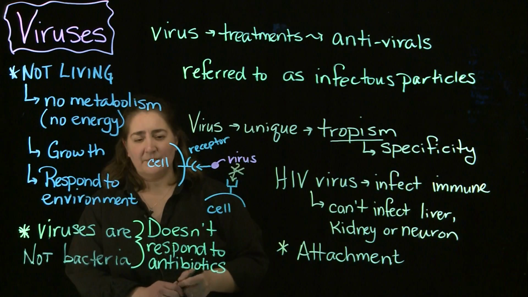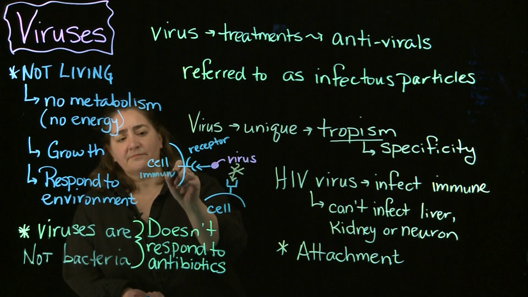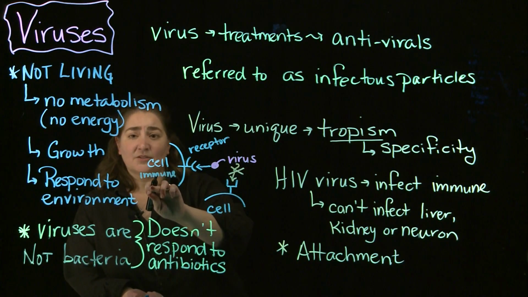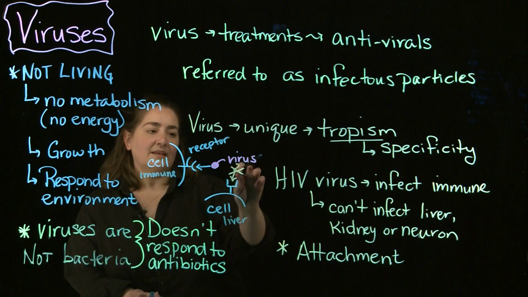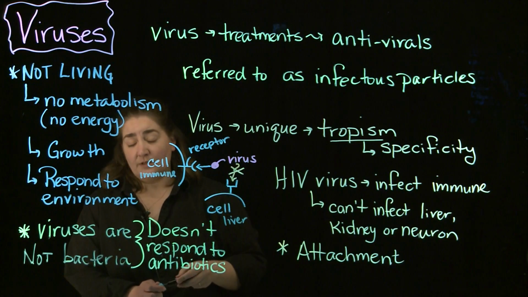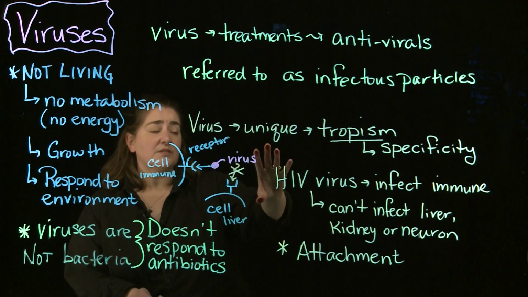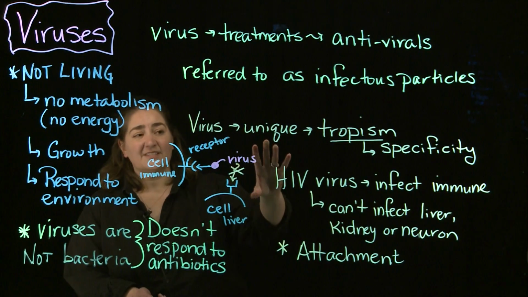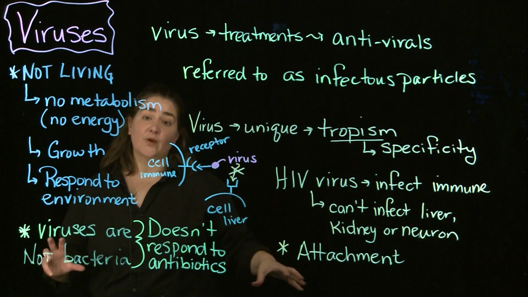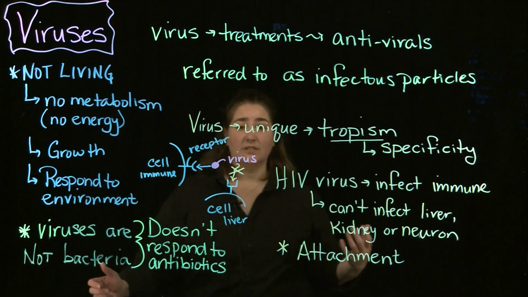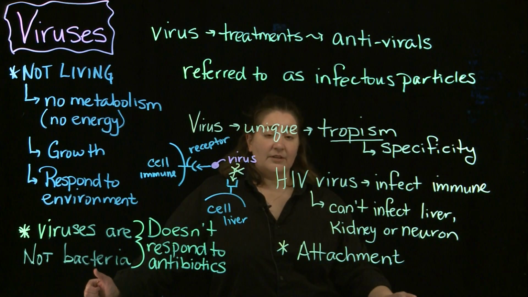That's what is happening essentially with HIV. If this is our immune cell, that virus can enter that cell. If this is, say, our liver, that HIV virus is not going to be able to enter the liver cell, all right? So tropism is something that's associated with viruses. It gets to the specificity of that virus being able to enter a particular cell or a particular tissue, all right? Hopefully that makes sense. If you have any questions, let